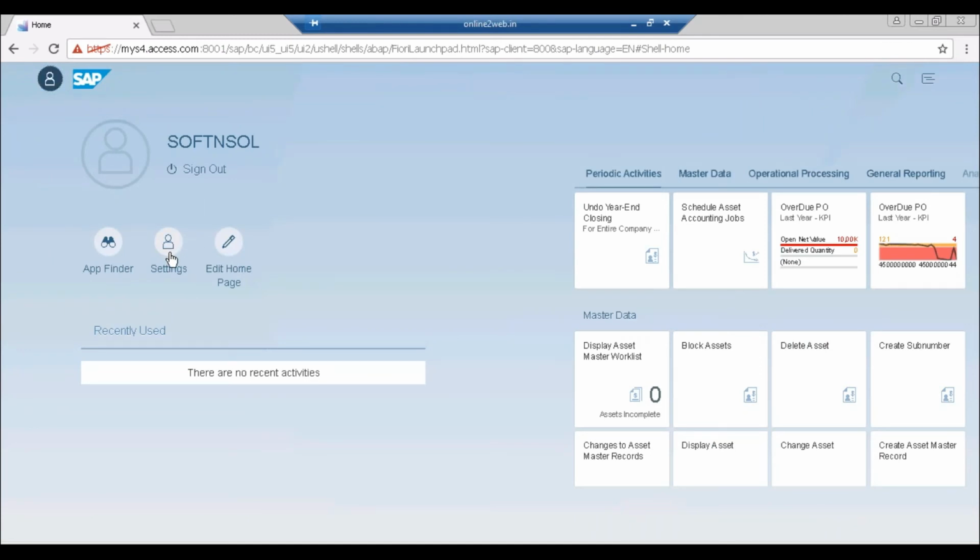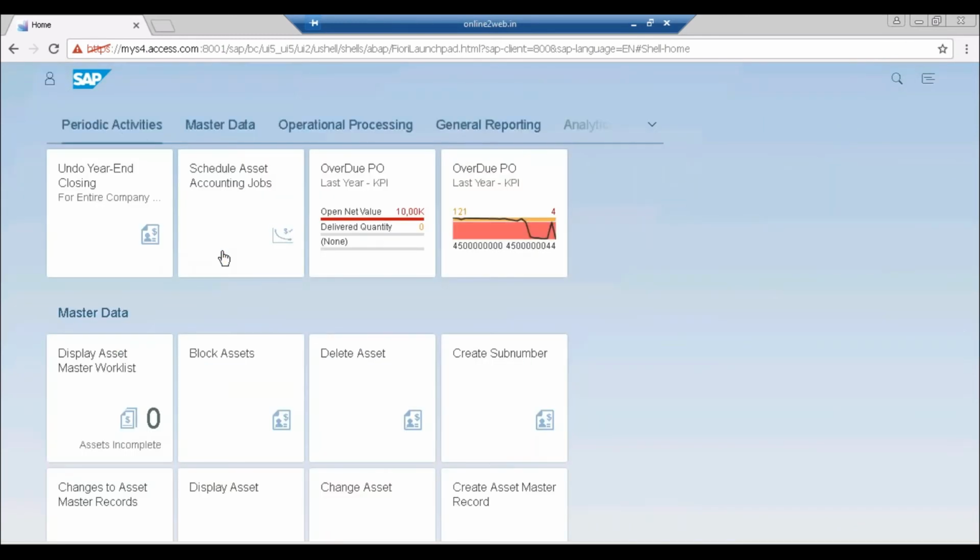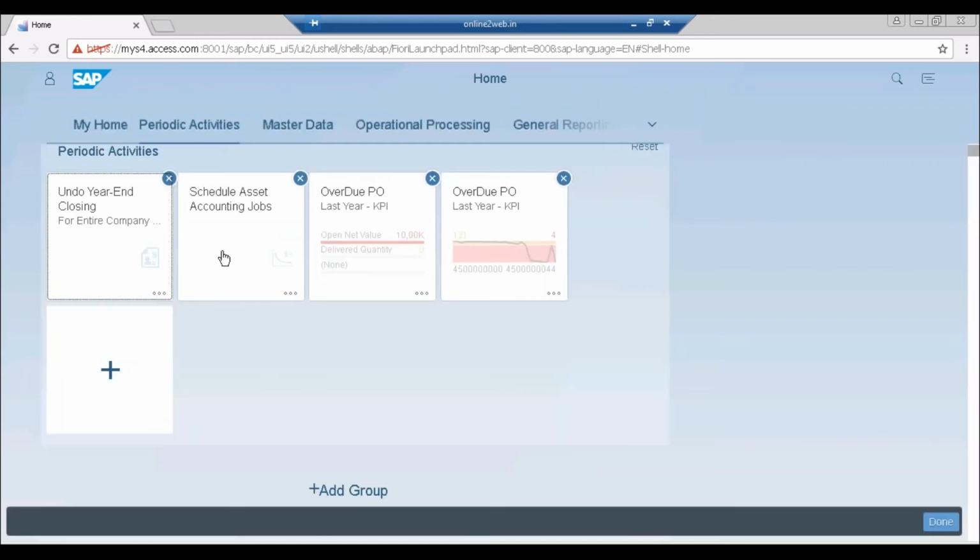Let's go for the home page now, which is the change in the launchpad. If you click on that change mode, just wait a minute, let it come. I think I'm not authorized to do this. Normally, just give me a minute. Let me see if I can change the settings, because what happened earlier was that we allowed all of them to change the settings, and a lot of problems were created. Okay, I think it is there.